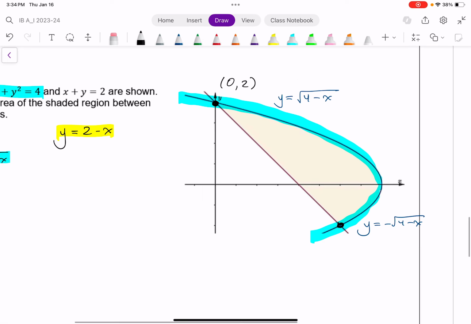So (0, 2) and (3, -1). All right. That said, one option is I could find the area of this region here, which would be the root of 4 minus x minus the linear function. And then I'd have to do something similar for this. However, what would be actually much more convenient in the end, although it may seem kind of strange, is